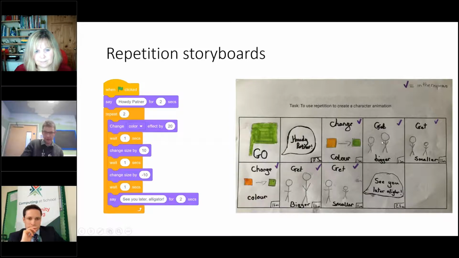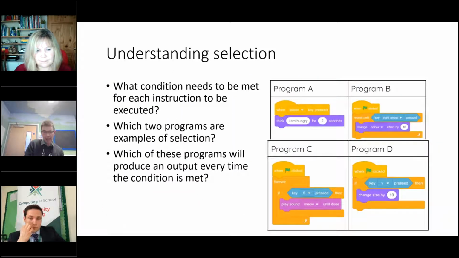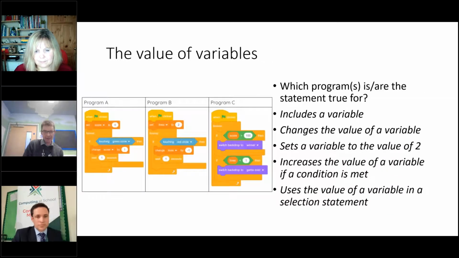So you can see they're just basic, but they're thinking about the repetition because they're ticking to see what's in the loop. Giving them these and asking them to identify the differences between the programs and which ones are examples of selection, which ones will produce an output and what the condition needs to be, and also things that you might do in other lesson areas.